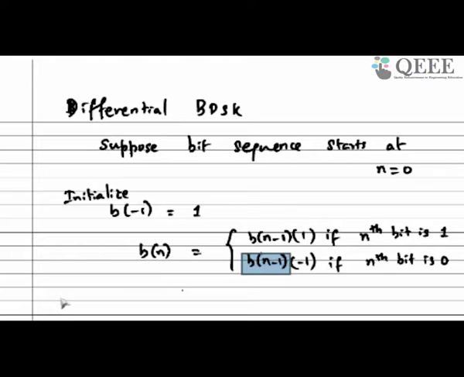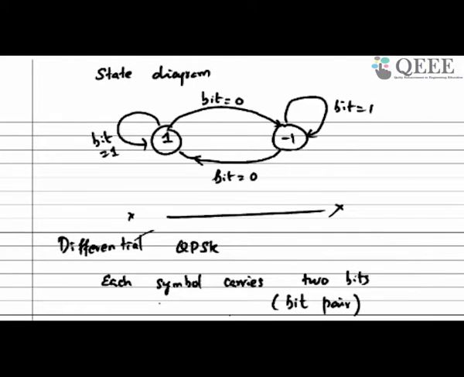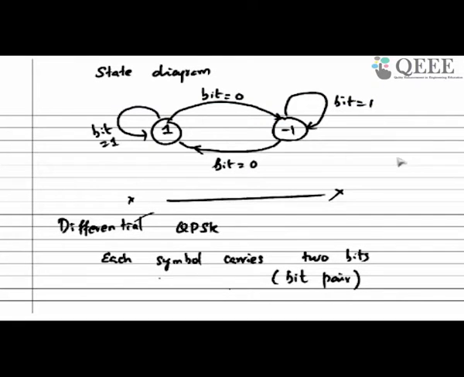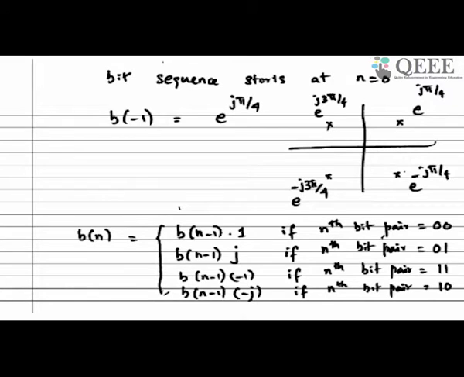You can extend this idea to higher order modulation techniques as well. So for instance, you can talk about QPSK, and then you can also talk about differential QPSK. Just like BPSK you had differential BPSK, you can also do the same thing with QPSK. I will show how that can be done. So this is a state transition diagram to represent the differential encoding mapping. But anyway, the same idea which we talked about earlier is applicable here also.